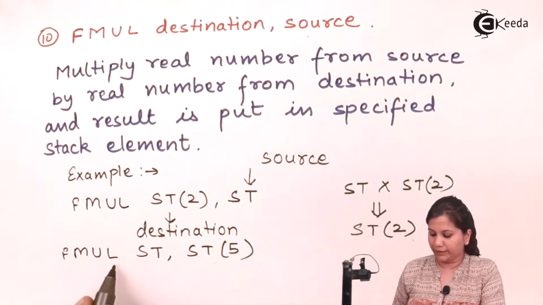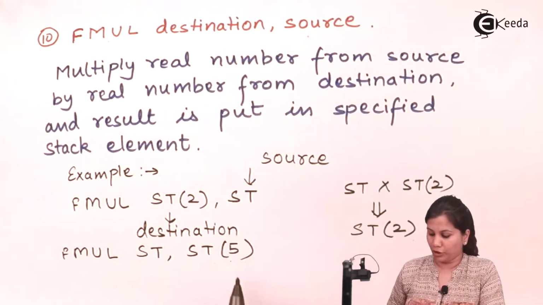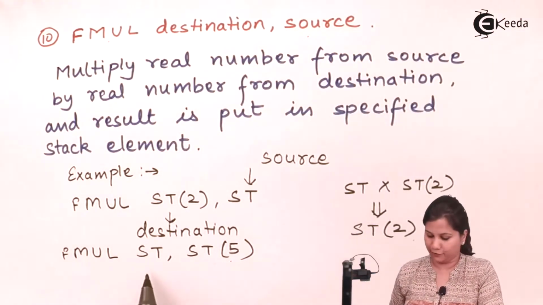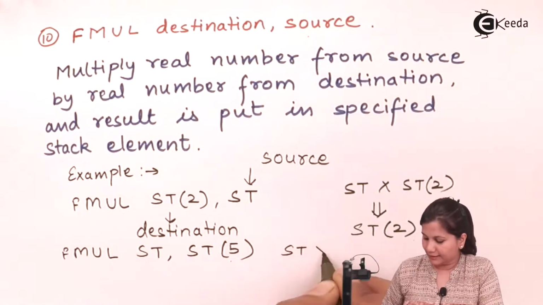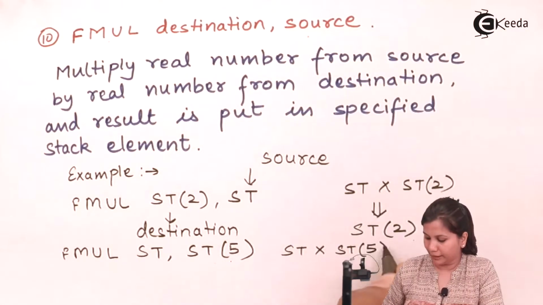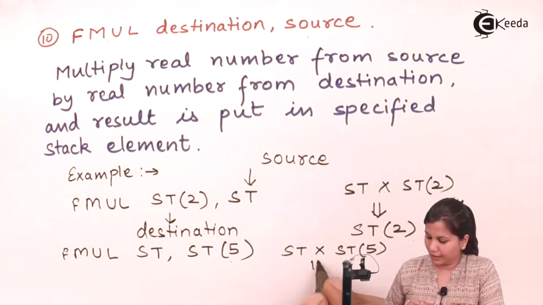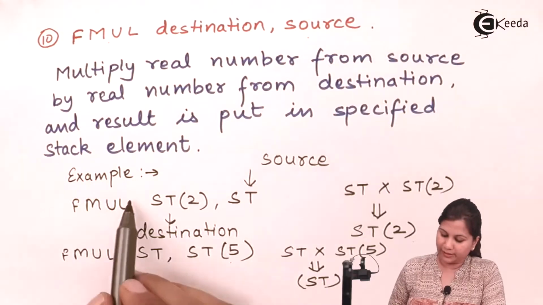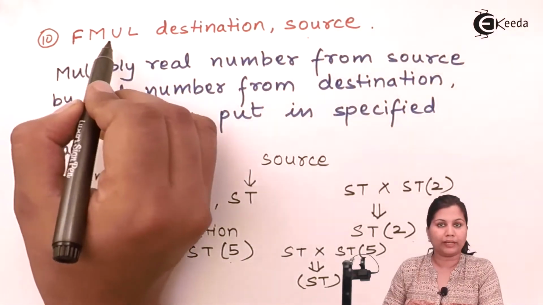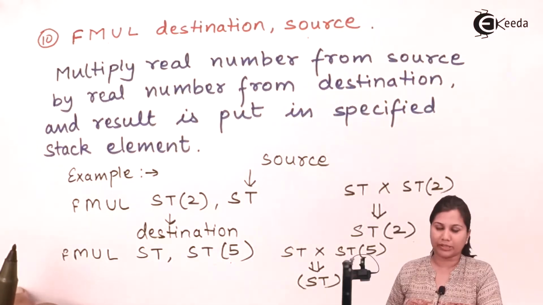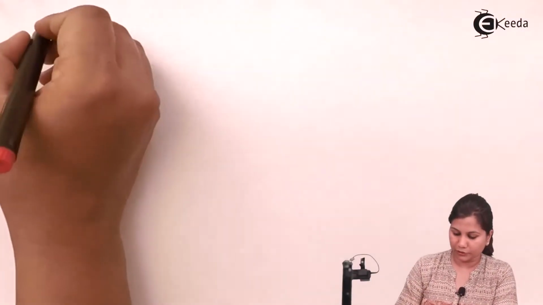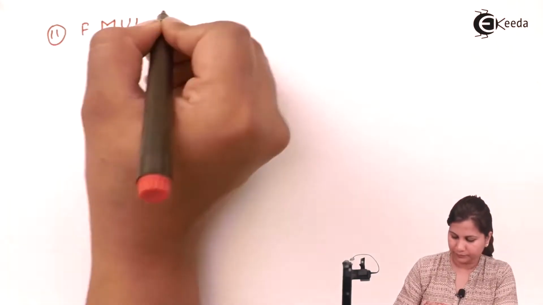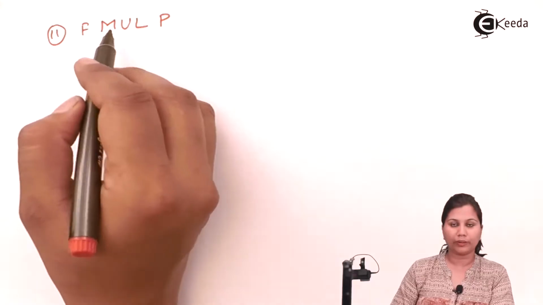Okay. Another example is FMUL ST, ST5. So now ST5 is the source and ST is the destination. So again ST and ST5 are multiplied and the result is stored at the destination, that is ST. Okay. So this is how the instruction FMUL is executed by the processor. Next multiplication instruction is FMULP,